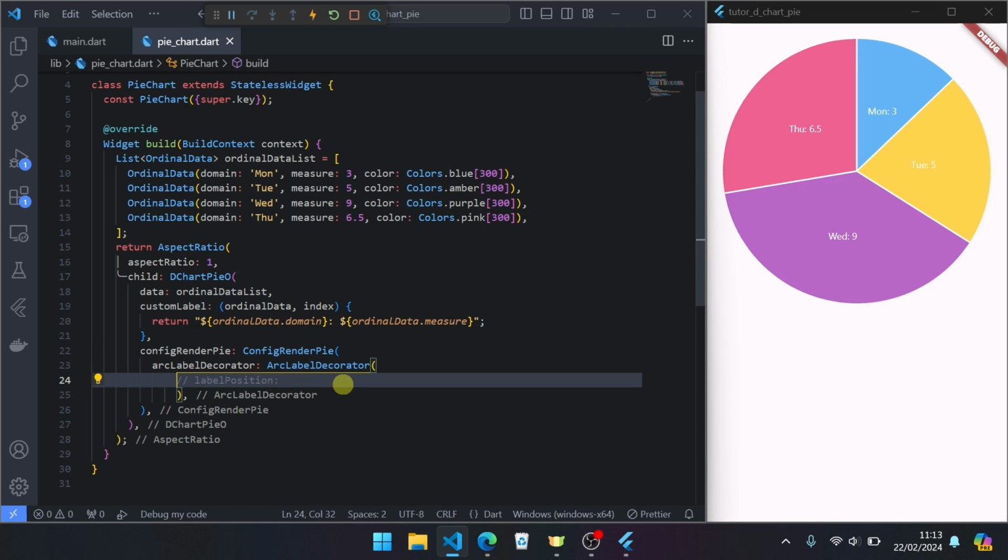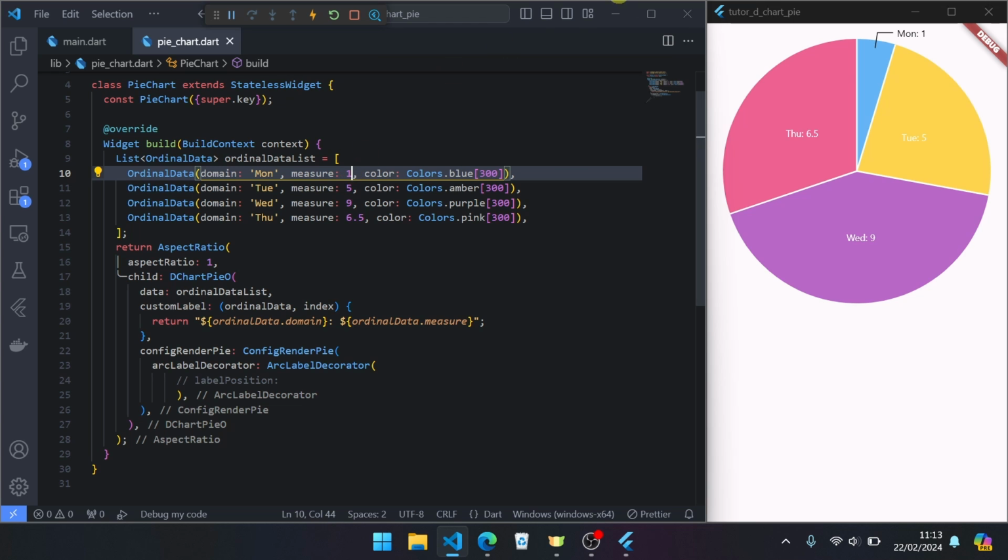We can check auto if we change the minimum measure from 1 to 1, save. Then there is no available space to show the label inside, so automatically the label will be outside.